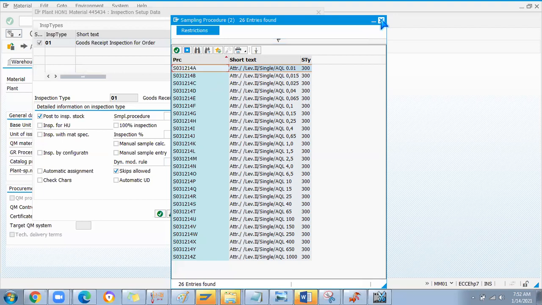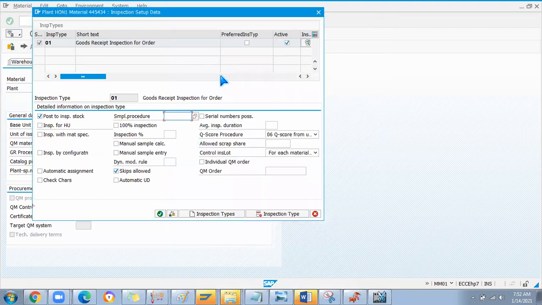Those who have QM module experience will handle this kind of process. A consultant should have experience in this, wherever they maintain some data like this, you should know why they did this checkbox. What is this skip allowed? Skip allowed means one lot you receive, the next lot will skip, or the second lot will skip because it is not required to inspect, and the third, fourth or fifth lot again you have to inspect.